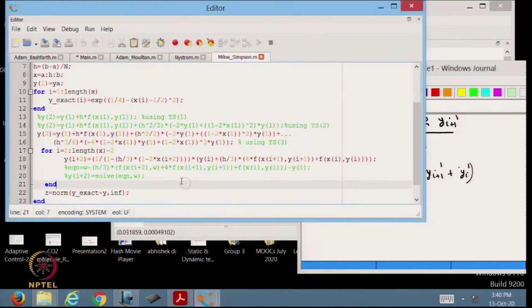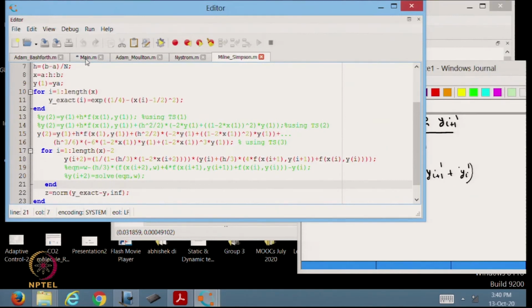So, here also you can see we have implemented that algorithm, okay, and the initial value you can predict with TS1, TS2, TS3, but you have to decide which you should choose so that the global error of the method remains consistent.